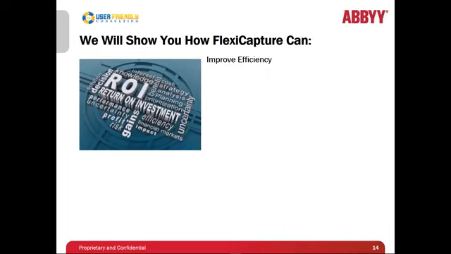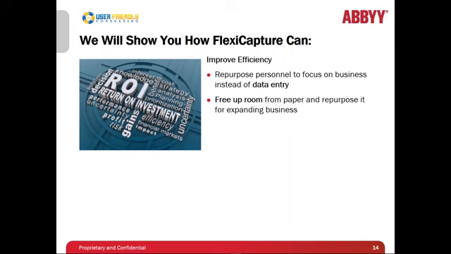Okay, we're going to talk about FlexiCapture. Ways we can do several things: improve efficiency. We take personnel away from keying in data. That's a boring and time-consuming process, a necessary process, but if we can do it electronically, that's something we should think about doing. Free up room for paper. We don't have to store it. We don't have room. We don't have to worry about HIPAA compliance for documents because they're stored electronically according to the procedures that the HIPAA advisor in your company takes for securing those electronic documents.